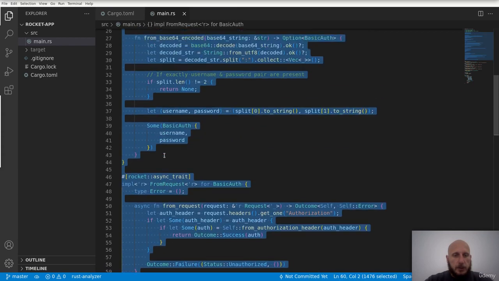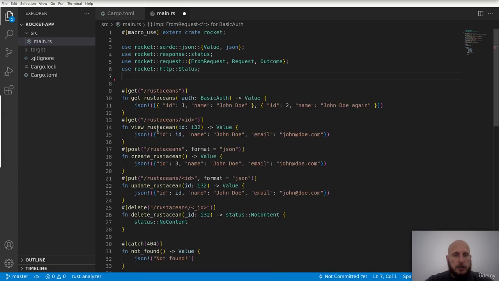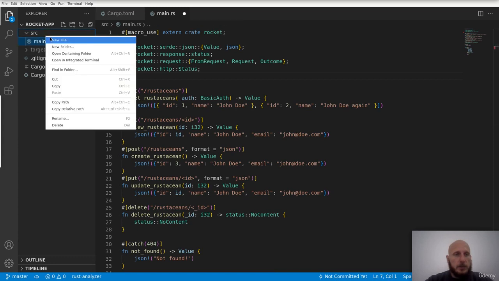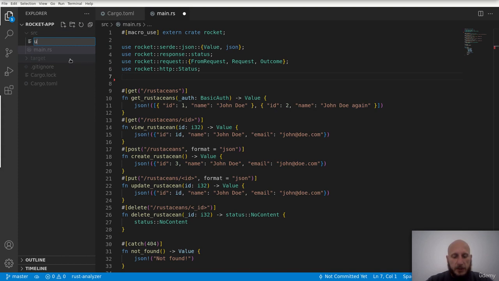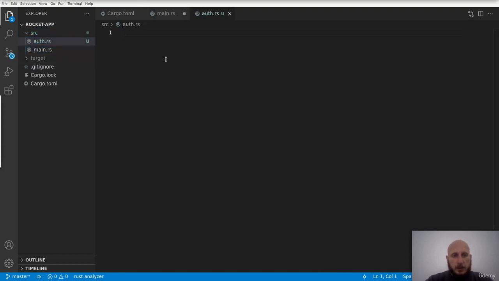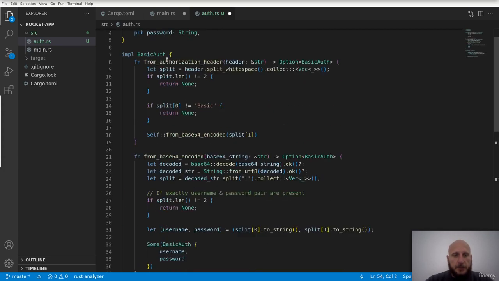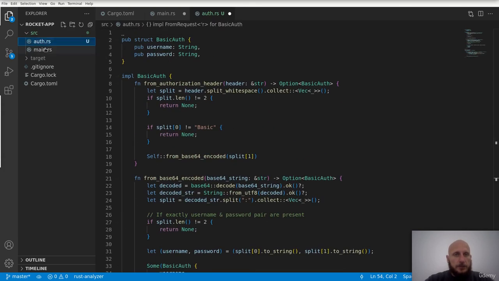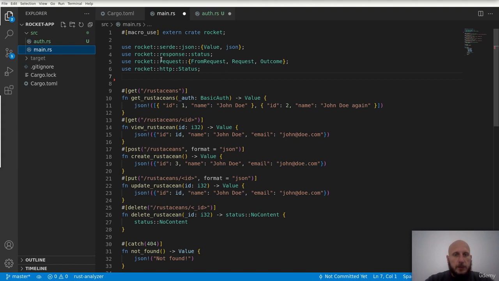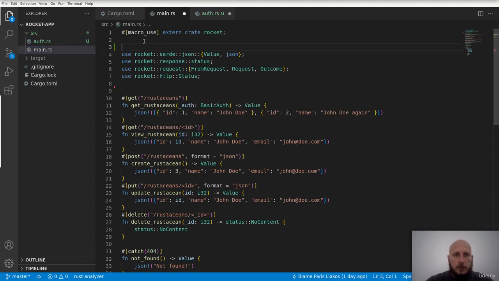So I'm gonna cut everything that has to do with authorization. I will make a new module, a new file, call it auth.rs, and paste it in here. Then I will define this module in our main RS file, and then afterwards